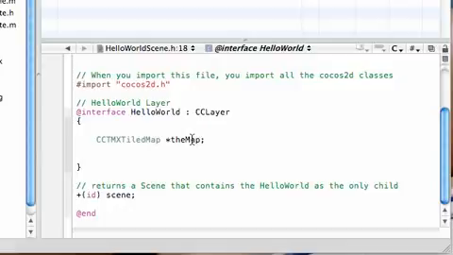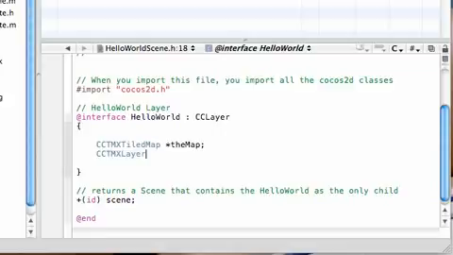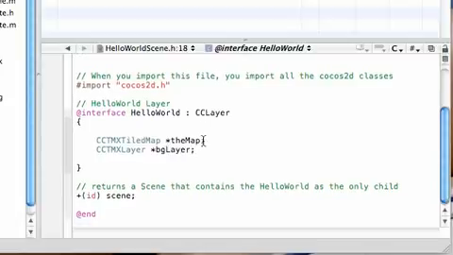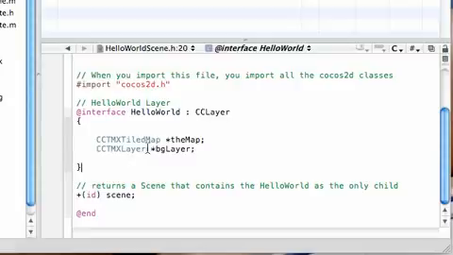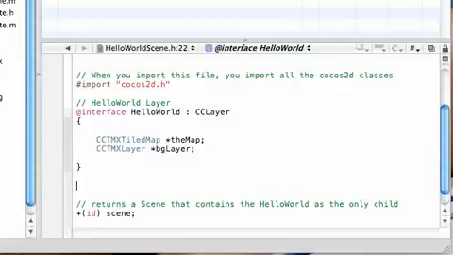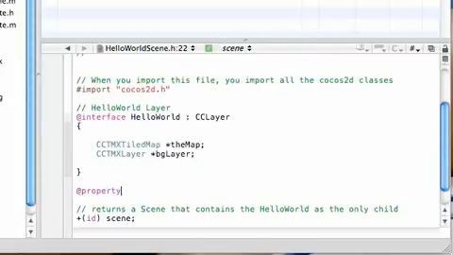And the way, let me just type this, is CCTMXLayer, just like that. This is how Cocos2D allows us to access the tiled background layer. But I'm going to name this BG layer. Could you guess why? Yes, because it's the background layer. And now that we have these two objects, we need to actually make them properties so we can use them in our program. So property,